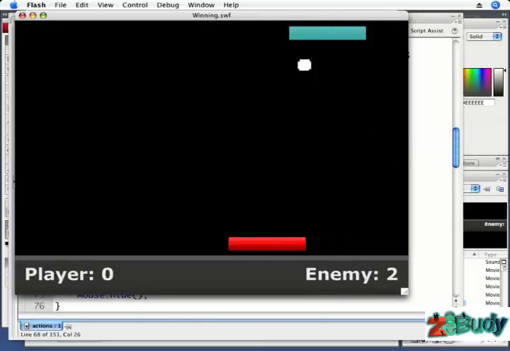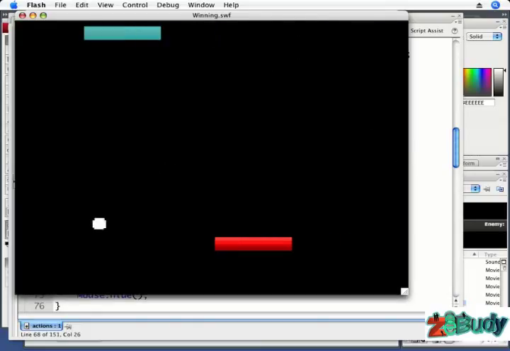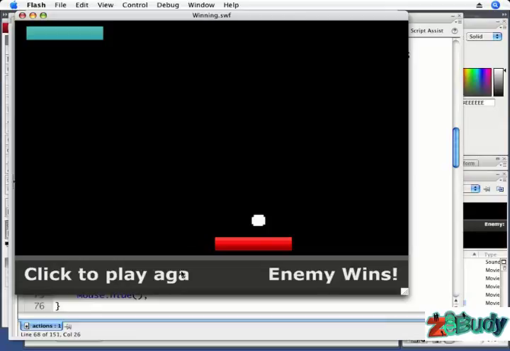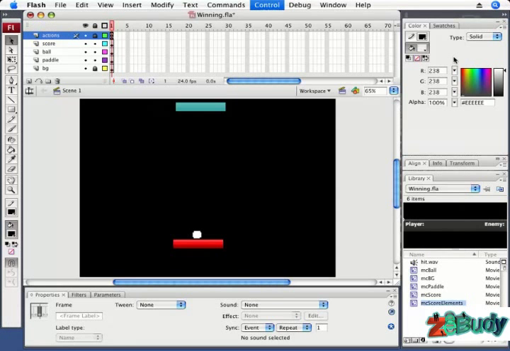So once the enemy gets the third point, the movie clip should stop. Notice that click to play again is getting cut off. That's because the text field is not large enough to accommodate that text. What we need to do is just shrink the font size, and the text field will be big enough to hold all the text. So I'm going to close the Actions panel, go inside of MC Score Elements by double-clicking it in the library,